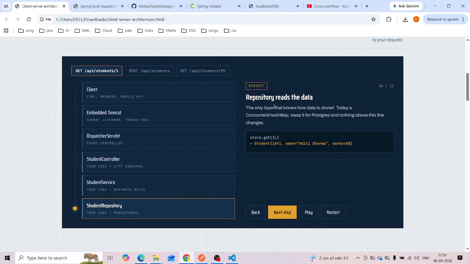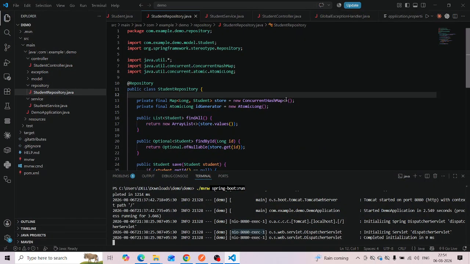Next, the repository is the only layer that knows how data is stored. Today we are using a ConcurrentHashMap.